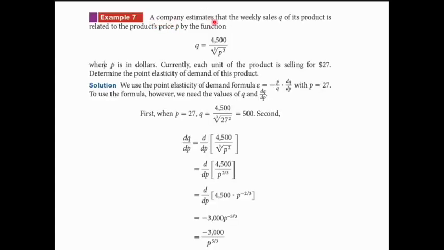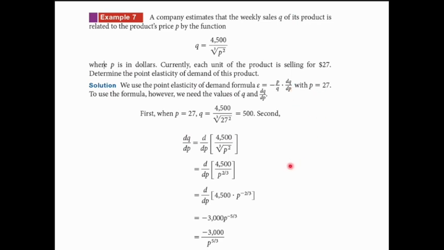We have a company that estimates that the weekly sales Q of its product is related to the product's price by this given function. And the price is in dollars. Currently, the price of the product is $27. We need to determine the point elasticity of demand. So here's the equation we had on one of those previous slides. We want to find the price, divide it by the quantity. That's going to be negative. Then we need to find the derivative of the quantity with respect to the price and evaluate it with P